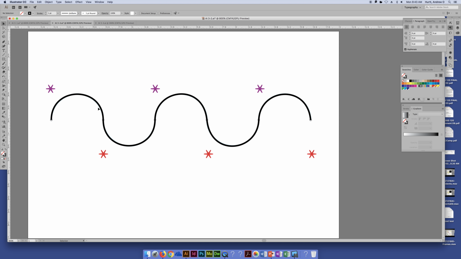The Convert Anchor Point tool here, when I talked about smooth anchor points versus a corner point, when you convert, here, let's do this. Use a little bit of a different shape here. I'm going to add an anchor point at about the center of this